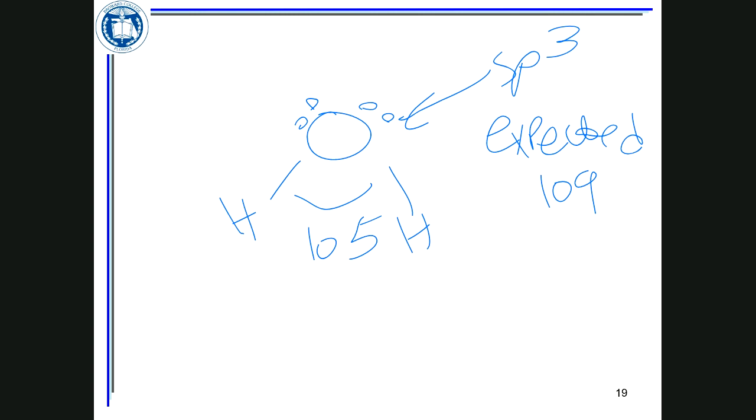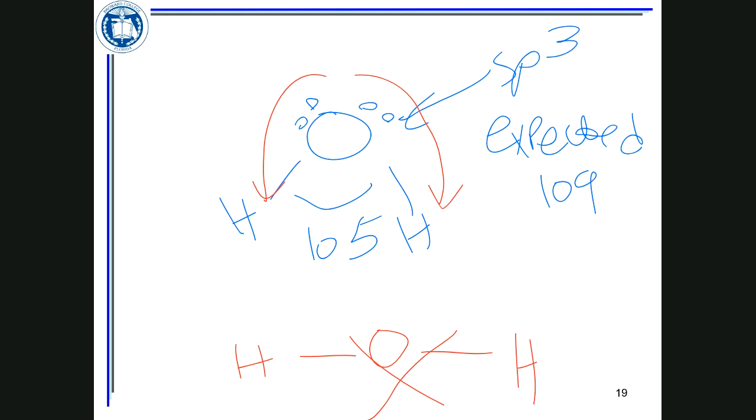To justify the bond angle for water, you cannot say 180 because water doesn't look like this. Based on hybridization of oxygen, this is going to be tetrahedral, and the bond angle is going to be about 109. But how do you justify this? You have now 2 pairs of unshared electrons. So that repulsion is even stronger when you have 2 pairs, and since it's stronger for the 2 pairs, it's going to reduce from 109 to 105.